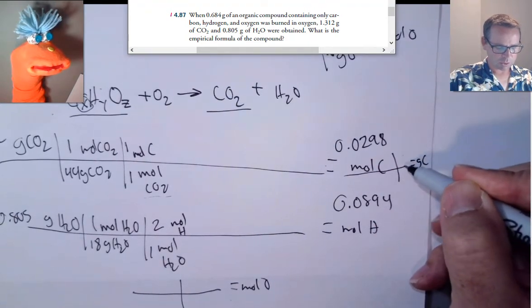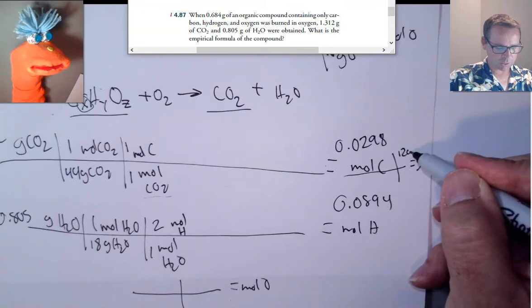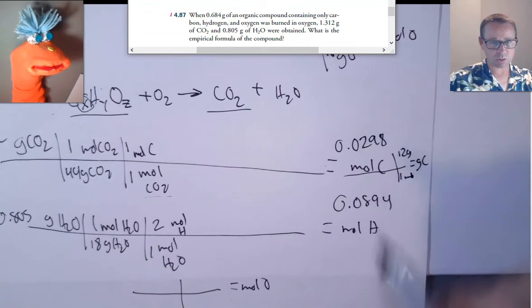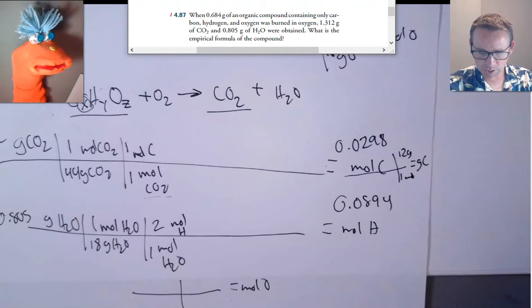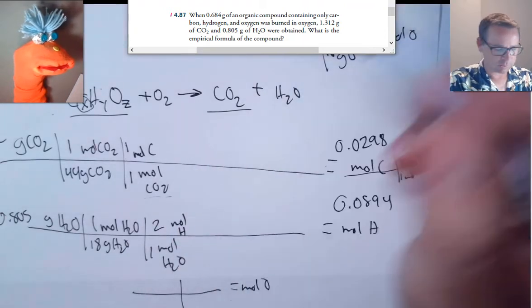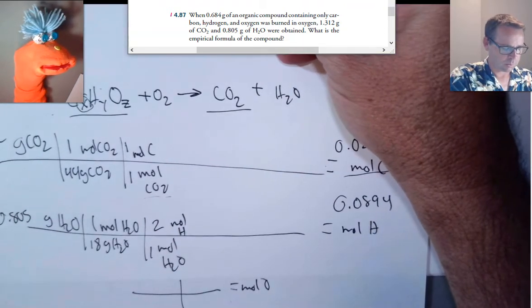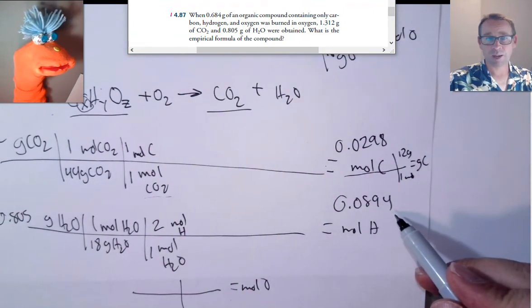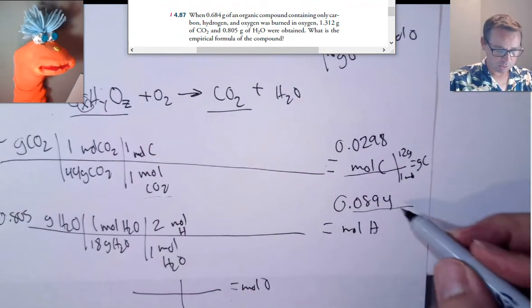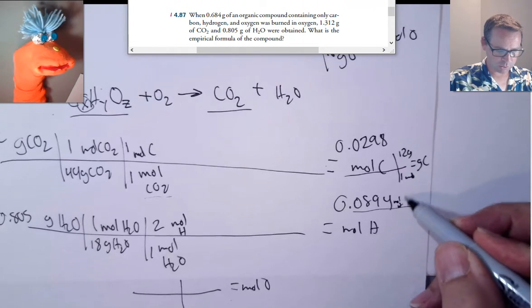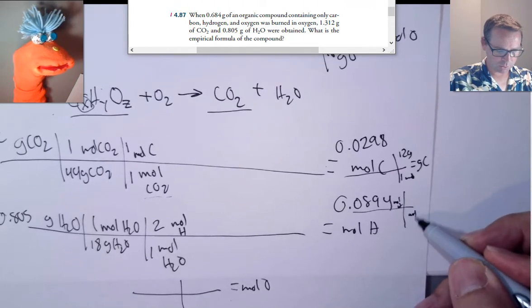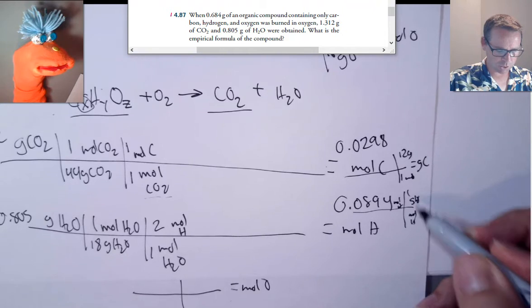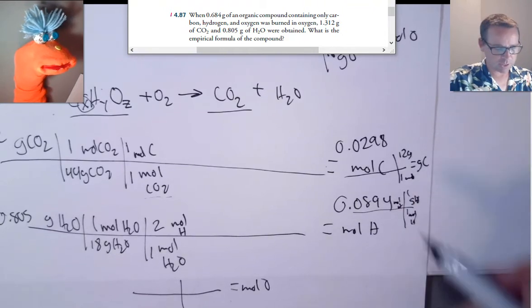So I know 0.0298 moles of carbon, and I can convert that back to grams of carbon. Remember, there's 12 grams for every 1 mole. So that 0.0298, I multiply that by 12, and that gives me grams of carbon, 0.358. And then the same thing here, 0.0894. That one's just multiplied by 1 because this is moles of hydrogen going to grams of hydrogen, 1 gram of hydrogen for every 1 mole. So that's easy,